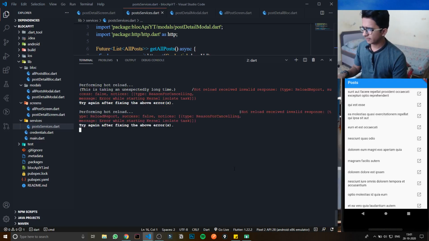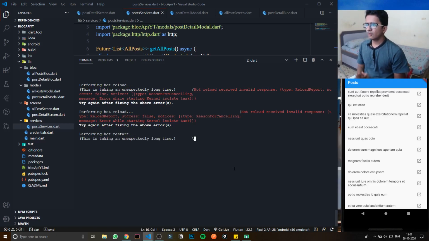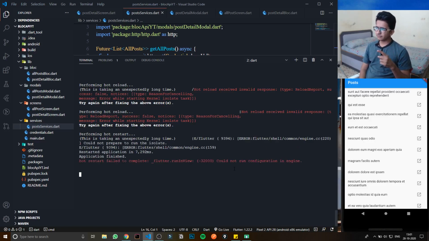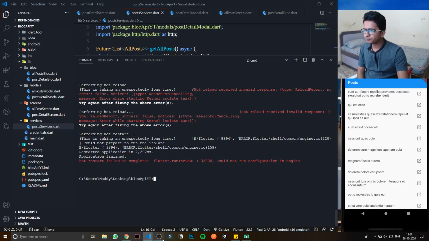Come on, this is the first time I'm getting this type of error. Oh, I think the code is correct. It's something here. My system is messing up. Okay, leave that for now.